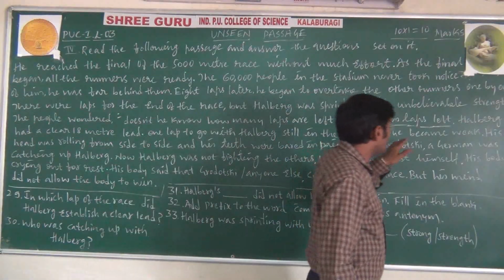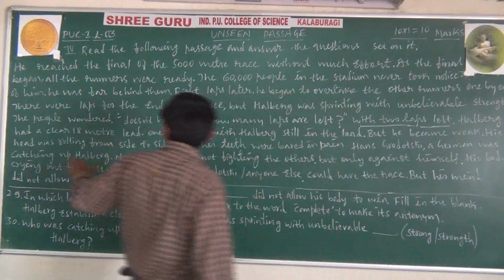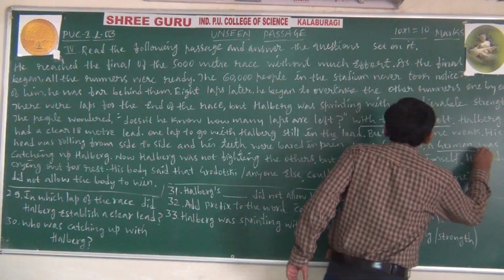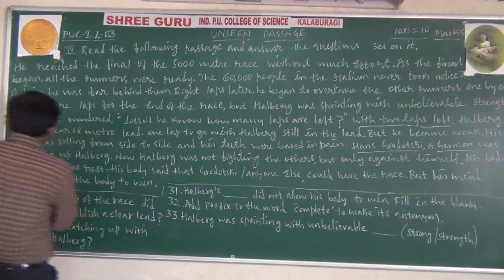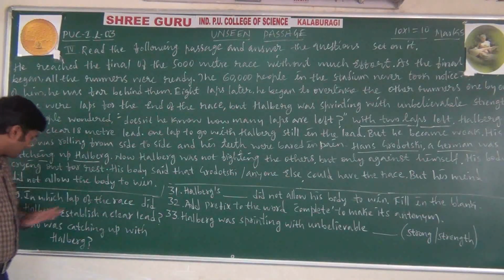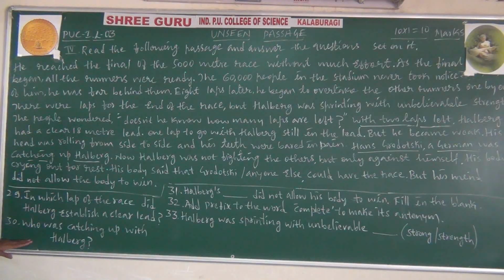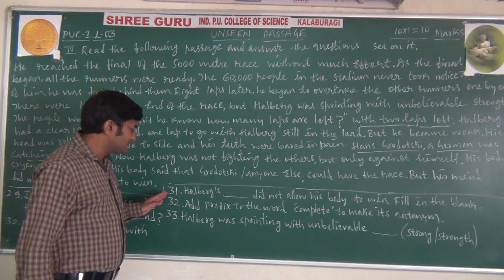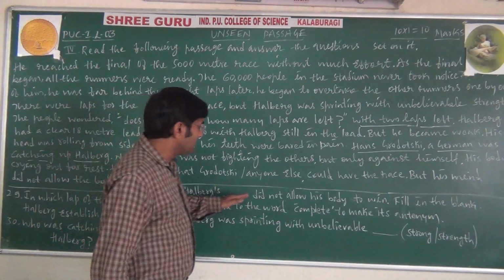Then Hans Brodsky, a German, was catching up. Who was catching up? Hans Brodsky, a German, was catching Mr. Hallberg. This is the answer for the 30th question, my dear students. Now moving on to the 31st, Hallberg's dash